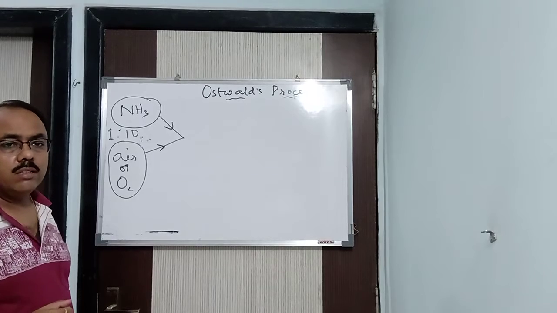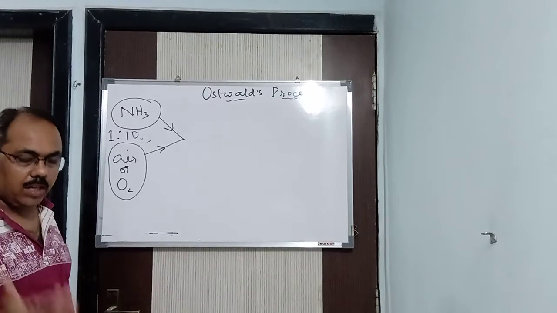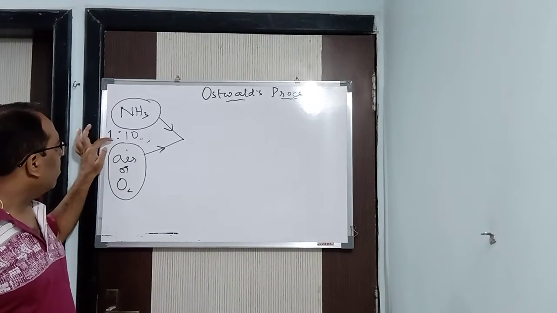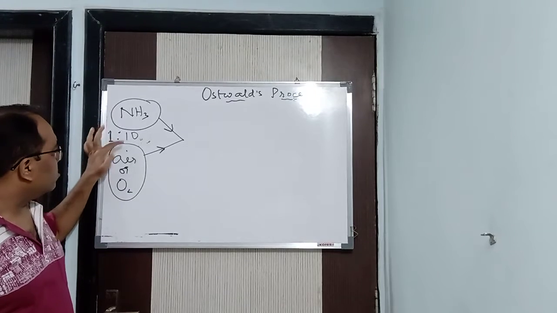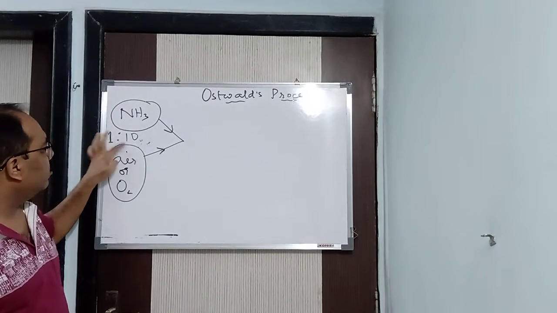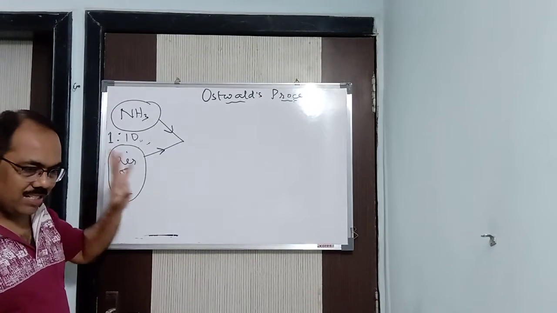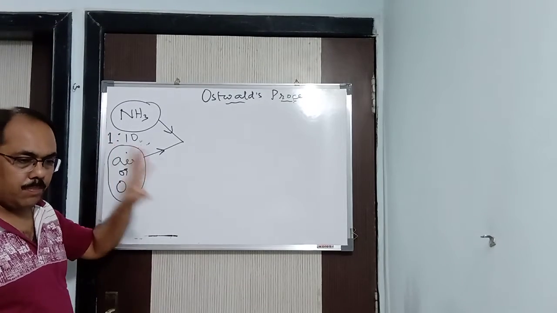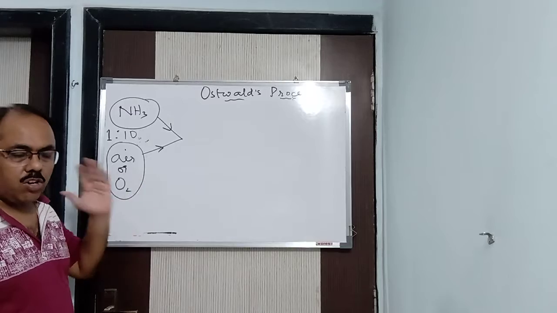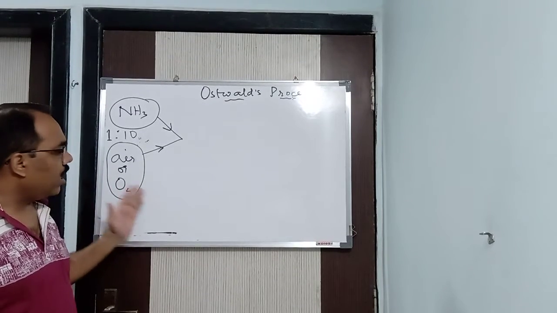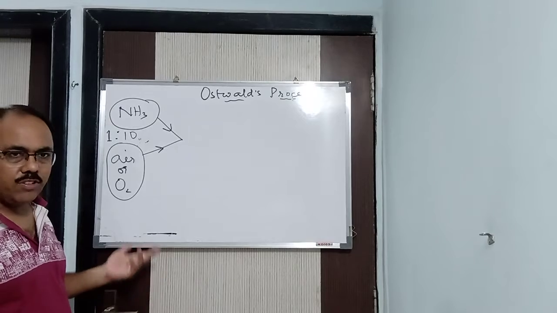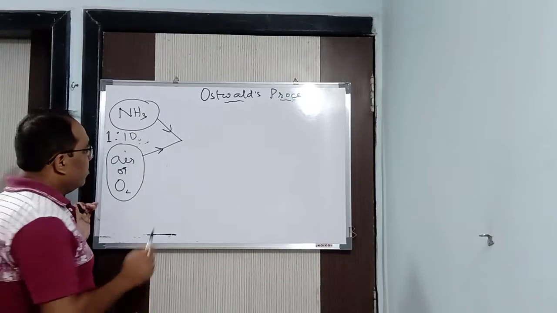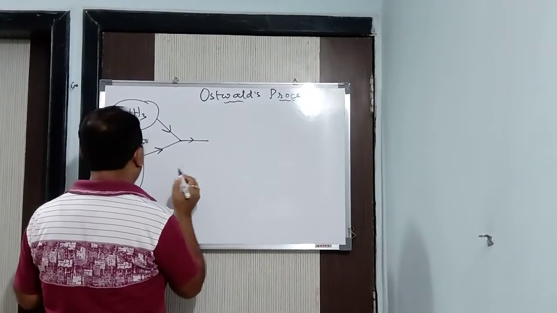So where from will we get oxygen at that particular time? Hence, from the beginning itself, we will be taking a large amount of oxygen. So for that reason, by volume we are taking 1:10. If you are taking 1 liter of ammonia, you will take 10 liters of oxygen. Because as I said, in all the 3 steps, in the catalytic chamber, in the oxidation chamber, in the absorption tower, oxygen is required. Because it's a manufacture, it's a process, you have to take the reactant from the beginning itself. You cannot take it in the middle somewhere and put it there. No, that's not possible.